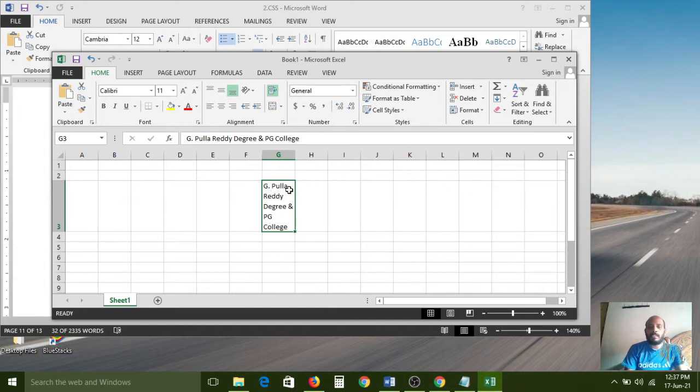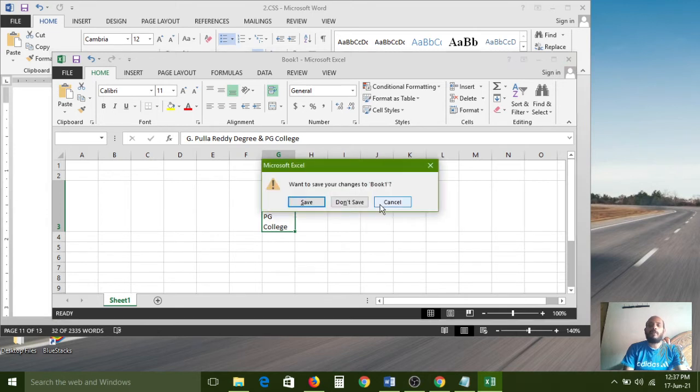G Pulla is on a single line, Reddy comes to the second line, Degree and comes to the third line, PG to the fourth line, and College to the fifth line. Like that it is set internally by the word-wrap property. So on a web page, if you want to represent text like this within the boundary, within this single cell, in that case we have to use the word-wrap concept.